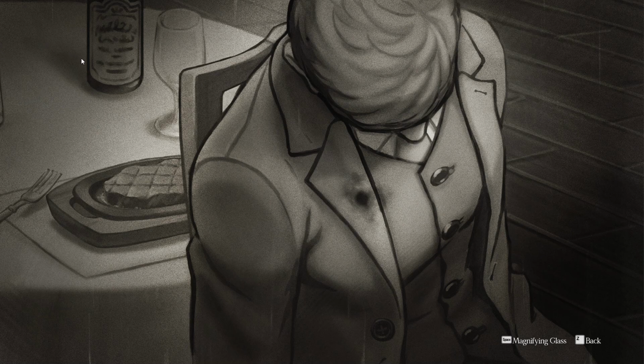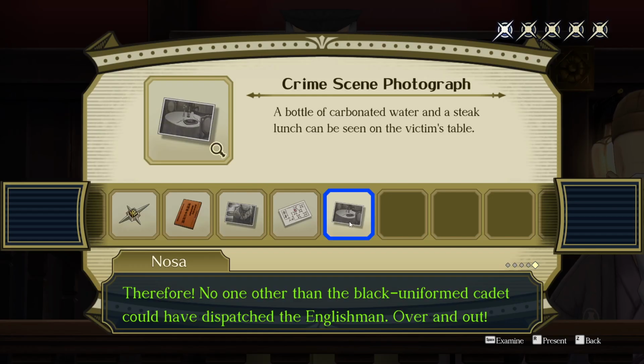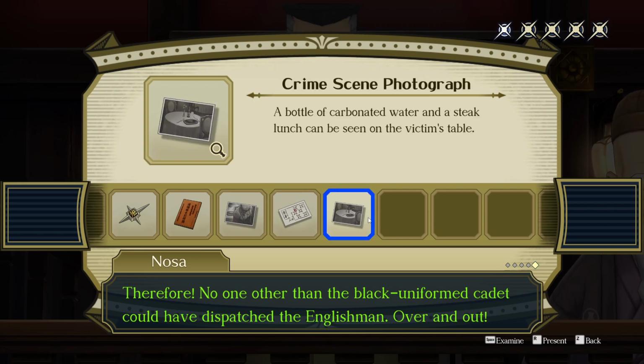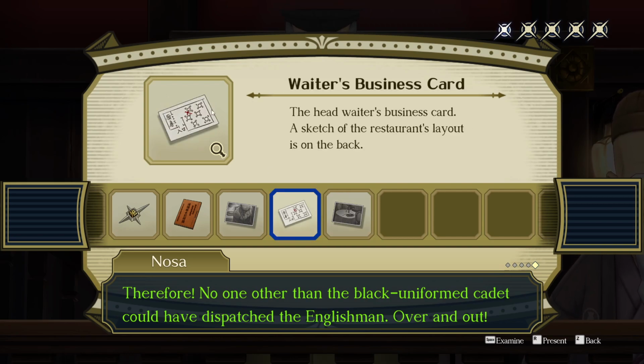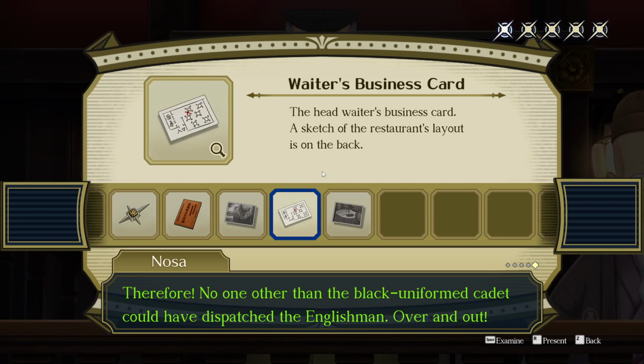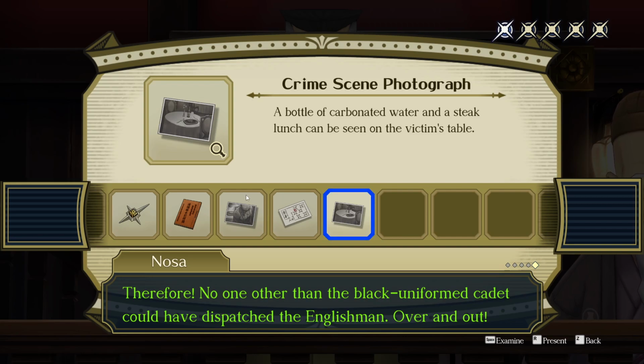Glass, flower vase. Yeah, that all checks out. What about the map? Does it match with the map? I think so. Because if that's where he is,